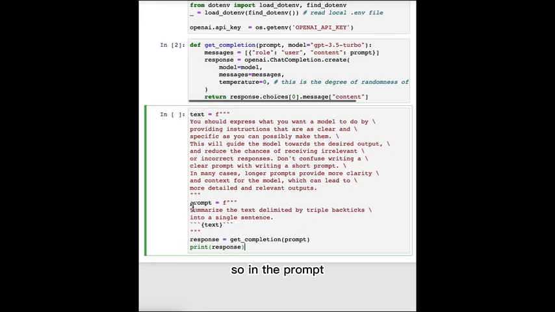So in the prompt, I've said, summarize the text delimited by triple backticks into a single sentence. And then we have these triple backticks that are enclosing the text. And then to get the response, we're just using our getCompletion helper function, and then we're just printing the response. So if we run this,